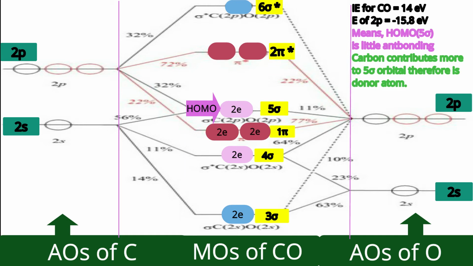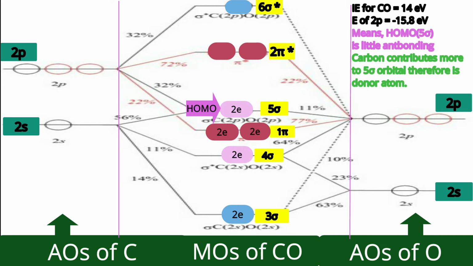The 2py and 2pz orbitals on each atom are represented. They will interact to produce the bonding set, that is 1 pi, and the anti-bonding set, 2 pi star. The energetics will lie in between, and depend upon the extent and kind of interaction. Now let us assume the energy sequence 3 sigma, 4 sigma, 1 pi, 5 sigma, 2 pi star and 6 sigma star for the outermost orbitals.